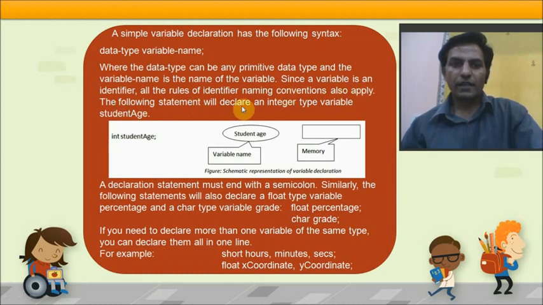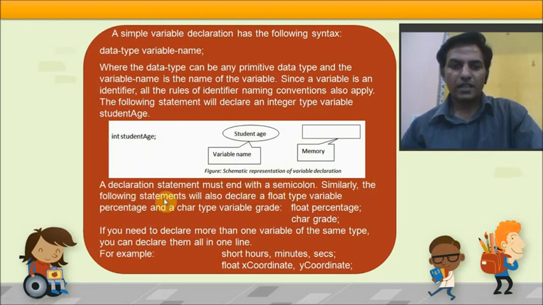The following statement will declare an integer type variable. Like I've written studentAge. Its data type is int. So studentAge is a variable name together without any space and it is allocated memory. A declaration statement must end with a semicolon.